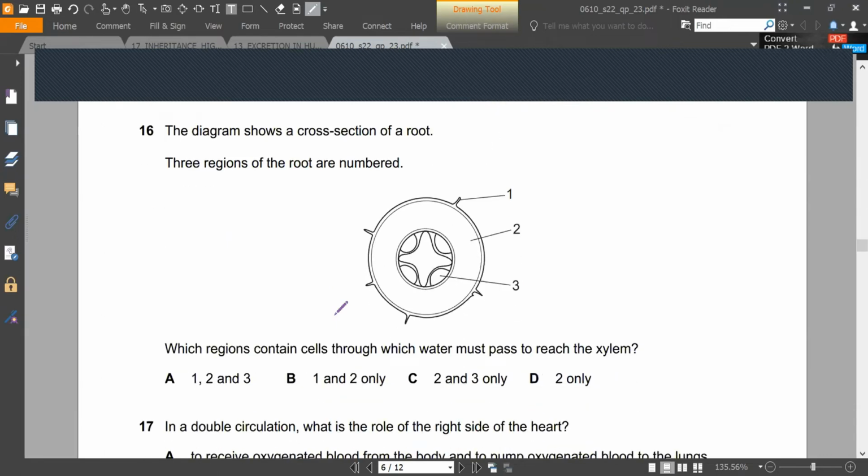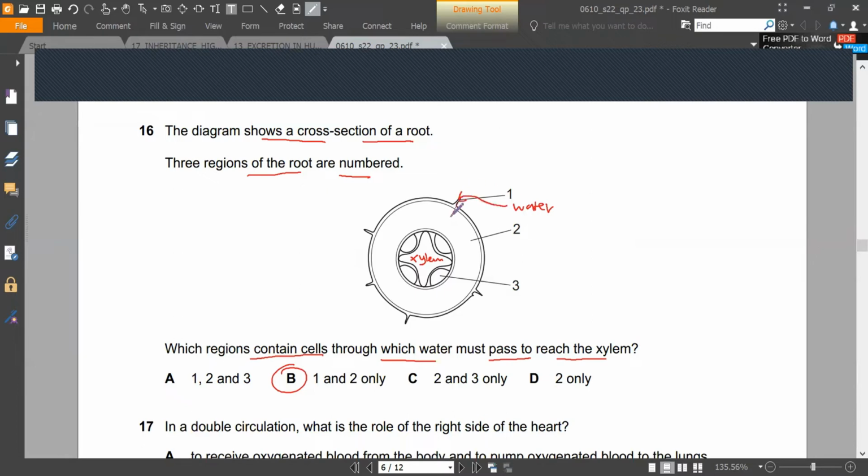Next. The diagram shows a cross section of a root. The regions of the root are numbered. Which region contains cells through which water must pass to reach the xylem? We know this is the xylem here. This is the root, and the function of the root is to absorb water. We have the water in the soil, so water is absorbed through the root hair cells,